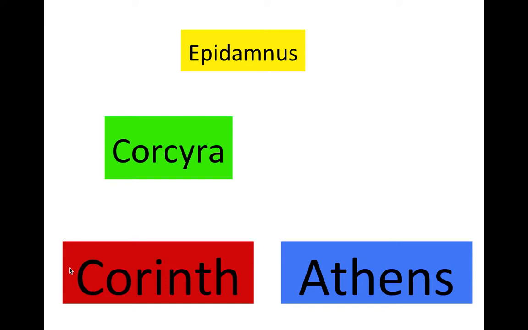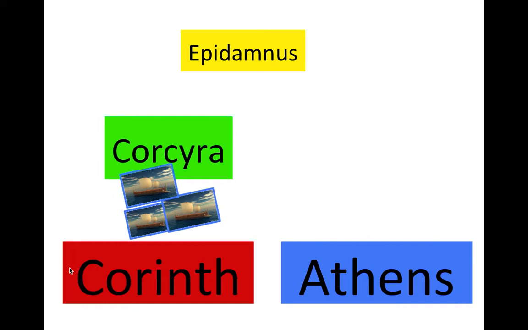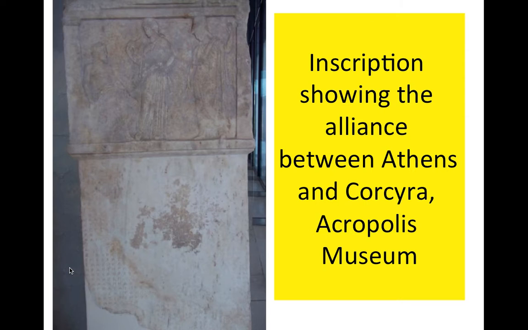Knowing full well that Corinth would respond, the Athenians sent a fleet of triremes, around about 30 or so, to protect Corcyra from any Corinthian aggression. When that eventual Corinthian attack did emerge, you'll see that it's Corinth and Athens that are engaging each other. So Athens has a new ally in Corcyra, but is also interfering in Corinth's affairs. That's mirrored in part by the second crisis, which is Potidaea, and obviously this is an inscription that shows that alliance between the Athenians and the Corcyrans.